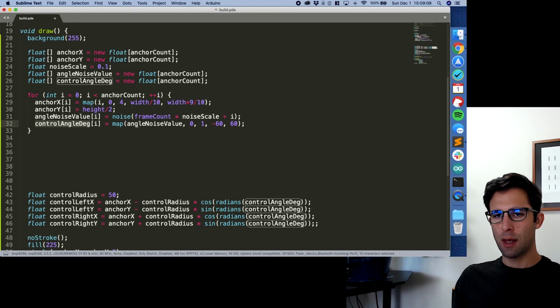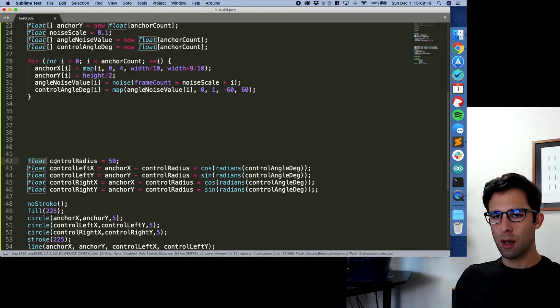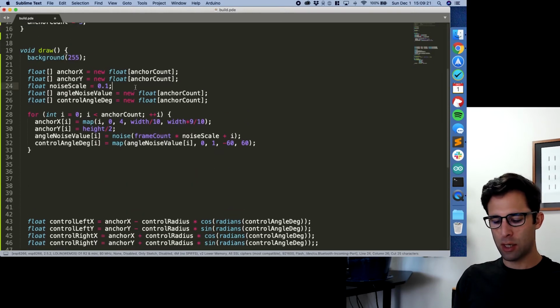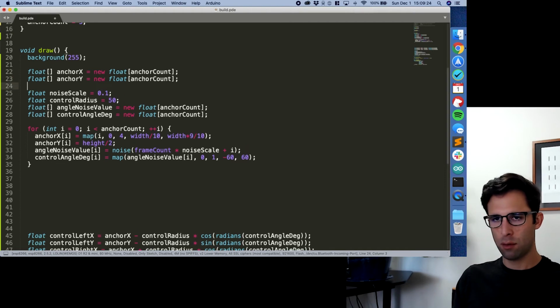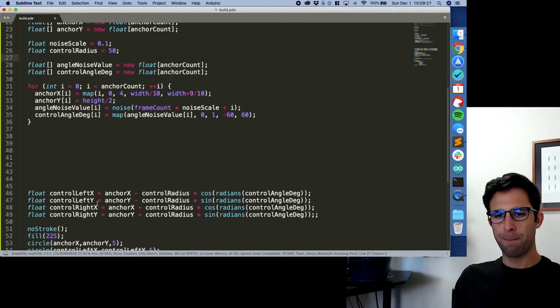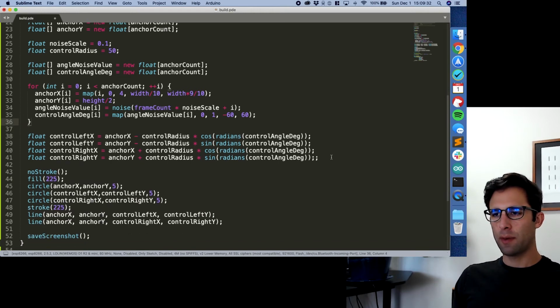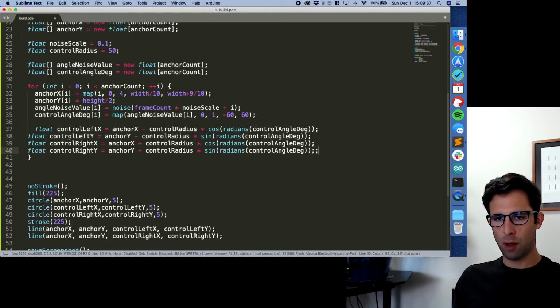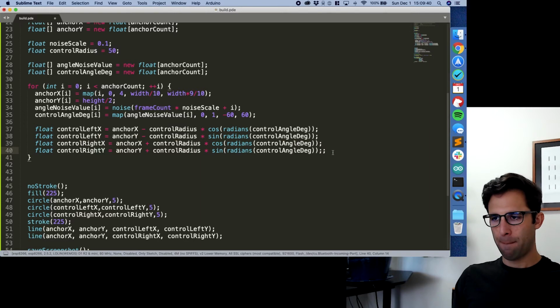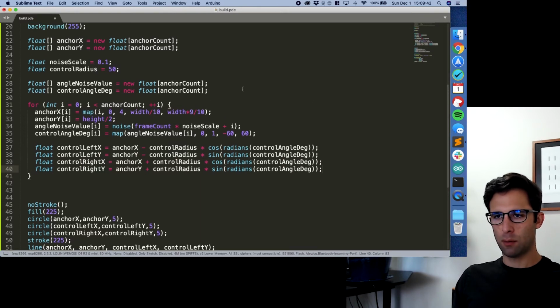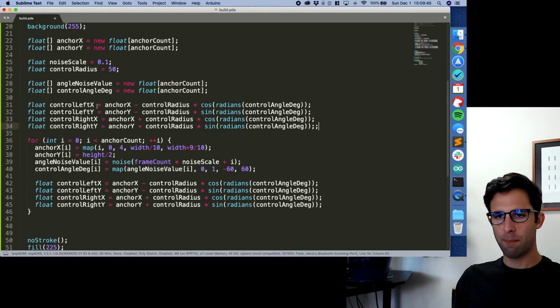Control angle degrees, and we have angle noise value. So we want to make sure that we are only pulling in the ith angle noise value there. Okay, looks good. Control radius, that is going to stay unchanged. I'm going to put that next to the noise scale. I'll clean this up a little bit. Okay, so these are all going to take pretty similar operations, so let's manage them all at once. And then I'm going to also paste them up here, but